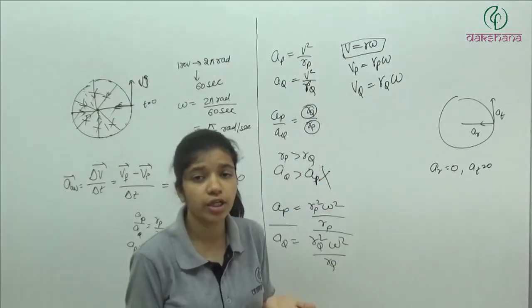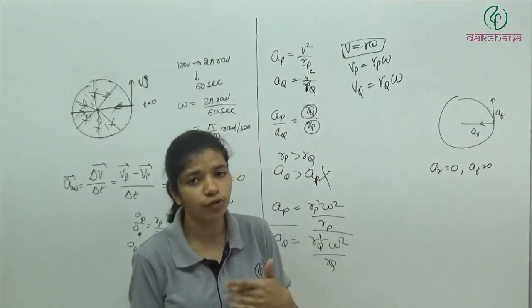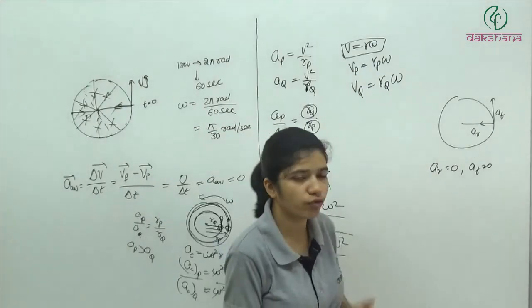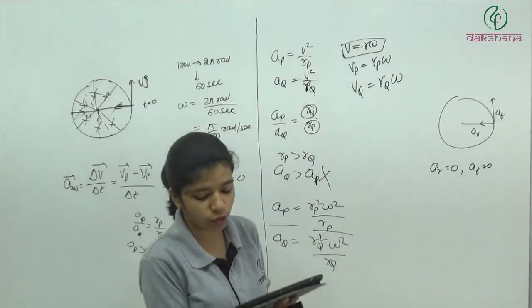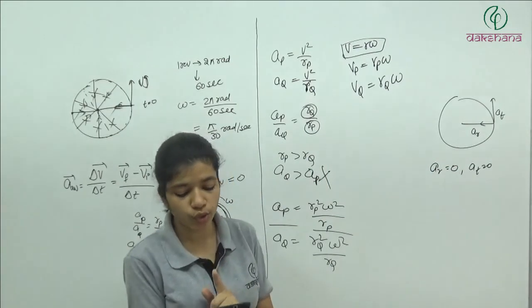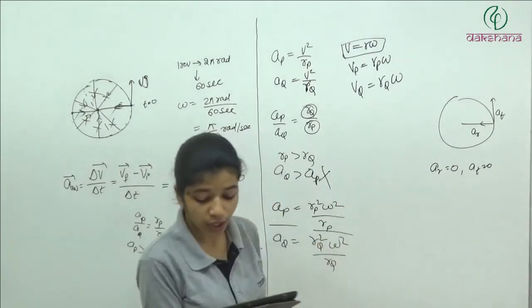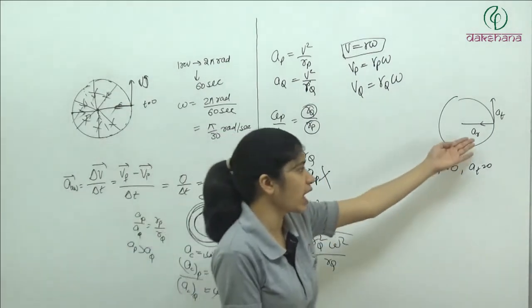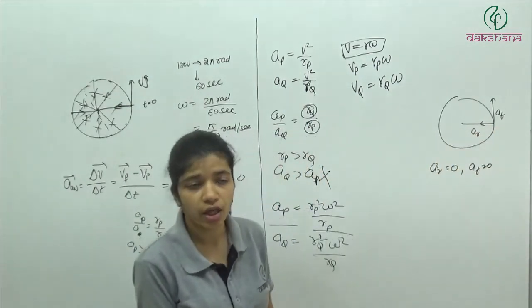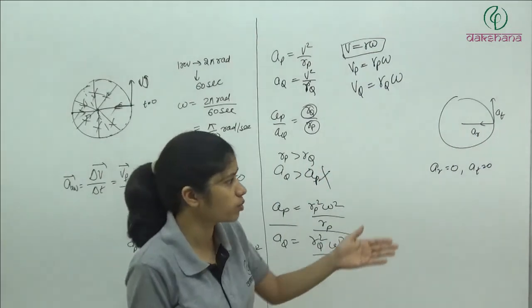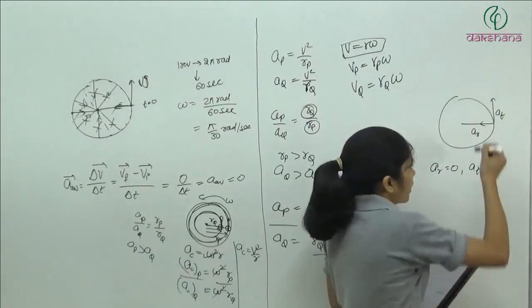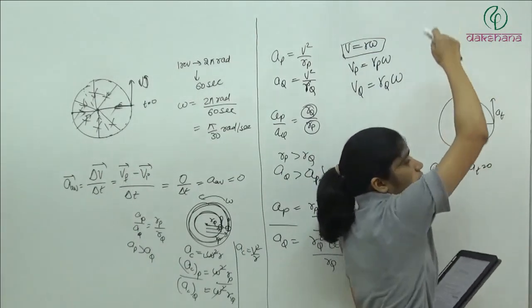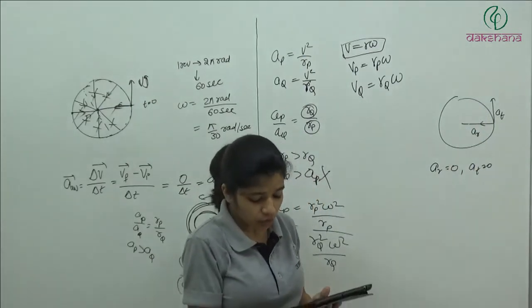If you have it, then you will increase or decrease your speed. If you don't have it, then you will be in a uniform circular motion. So AR equals to 0, AT is equal to 0 is wrong. Next, AR is equal to 0, AT is equal to non-zero. If AR will not be there, how will you move in a circle? Then AT can be anything, doesn't matter. This object will start moving in this direction. If you made it 0, this object will continuously move in this direction. So this is also wrong.